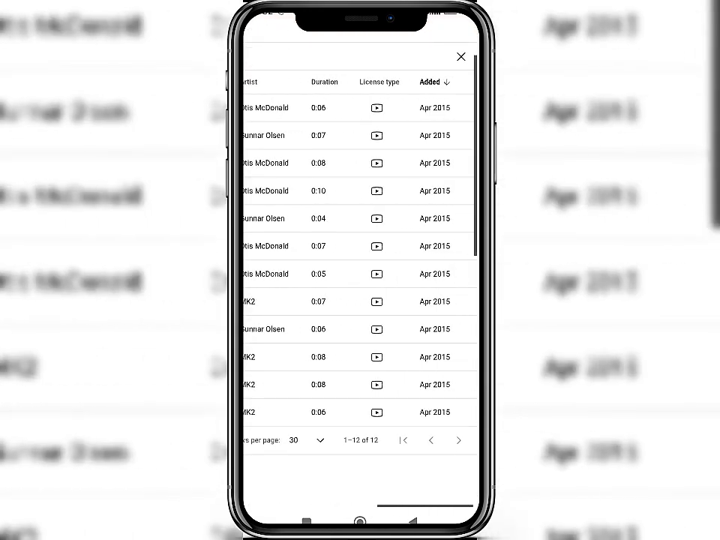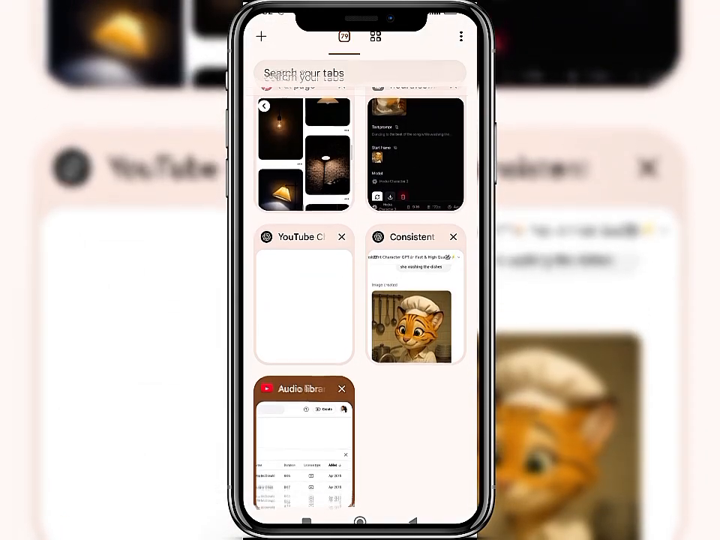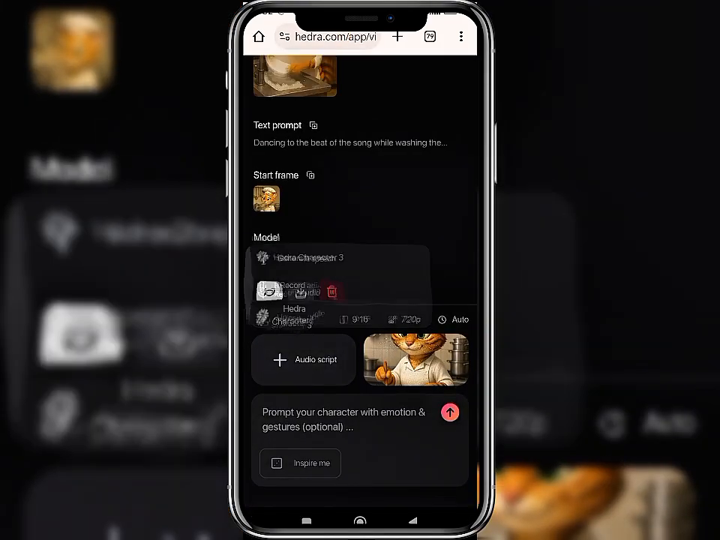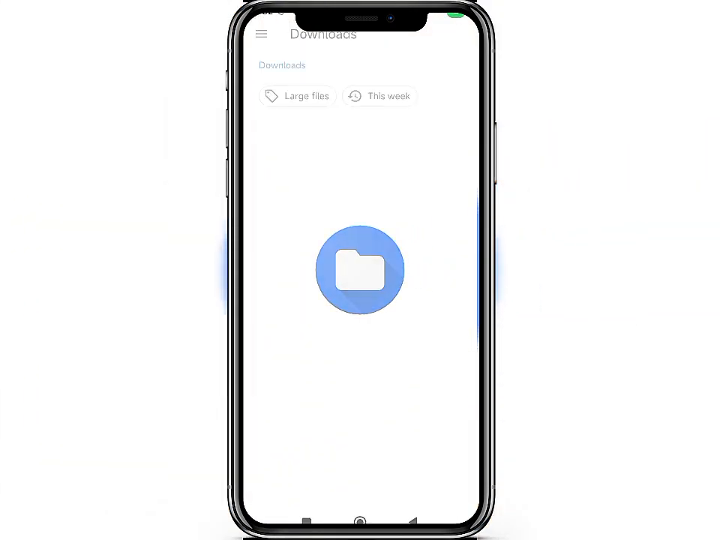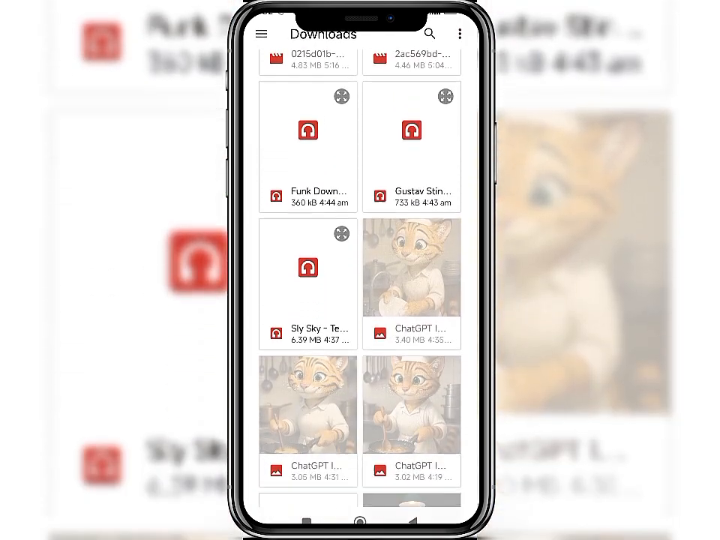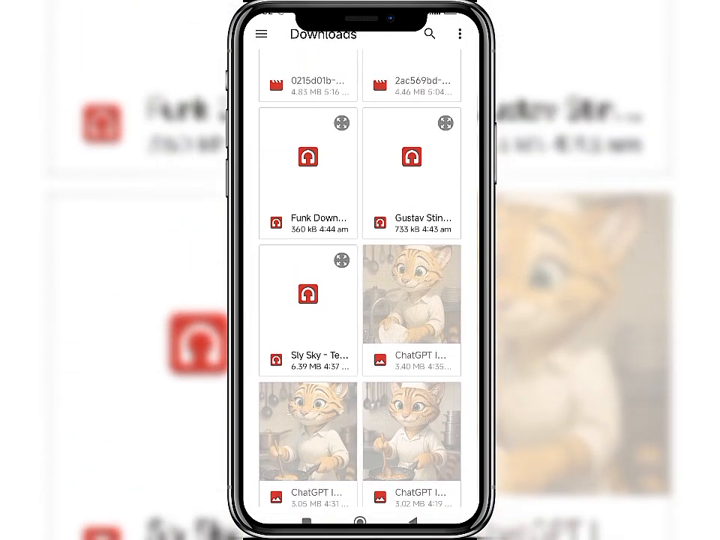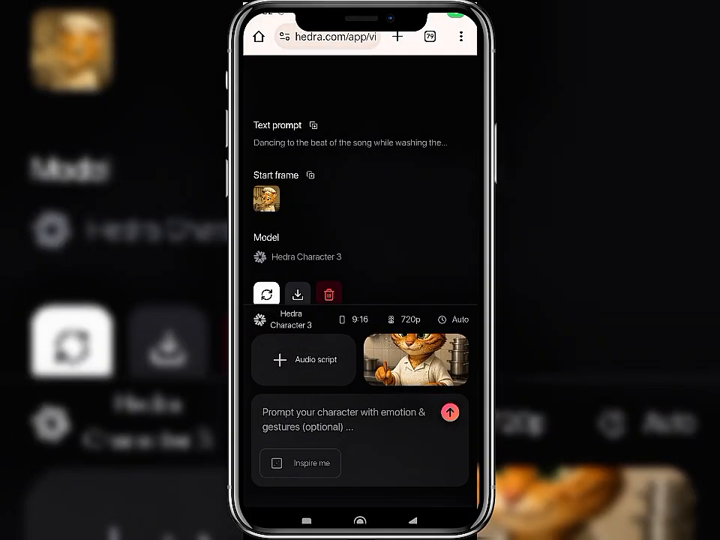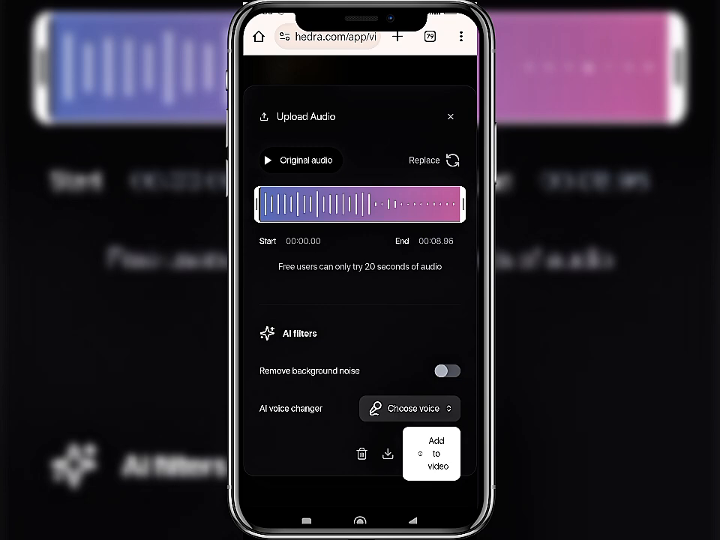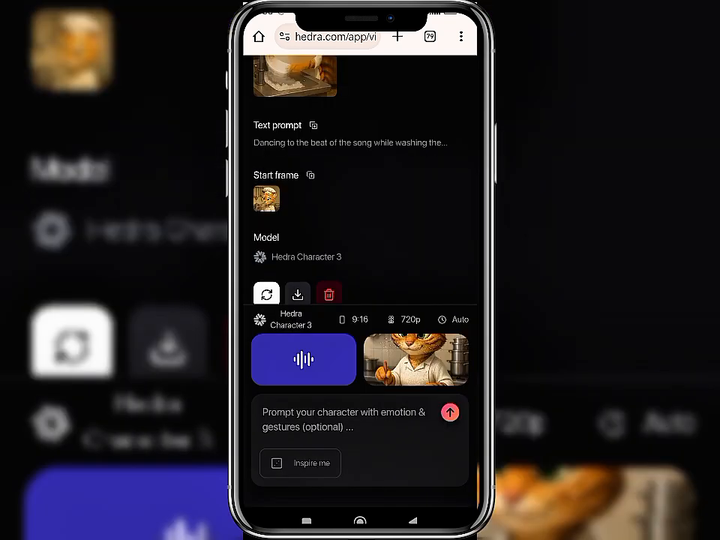So if you're done, you're going to head back to your HEDRA. Come back to HEDRA. So you're going to upload that particular audio you just downloaded, and I'm going to look for it. I think mine is called funky or sly kai. So I'm going to put this funky, and then you see it's about 8 seconds and some few time. So when I'm done, I'm just going to say add to audio, and I'm going to put in my prompt,